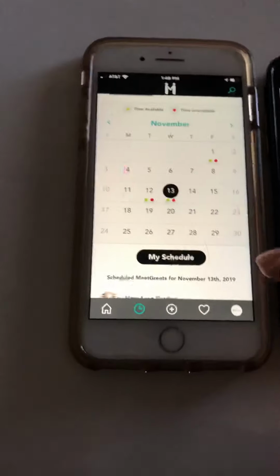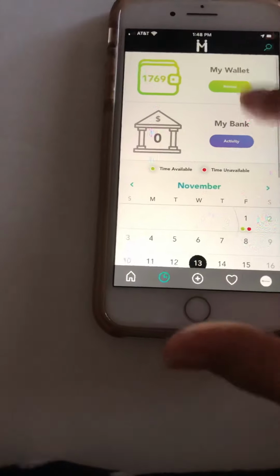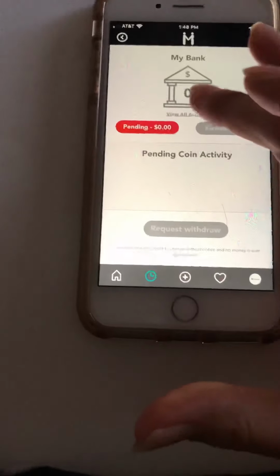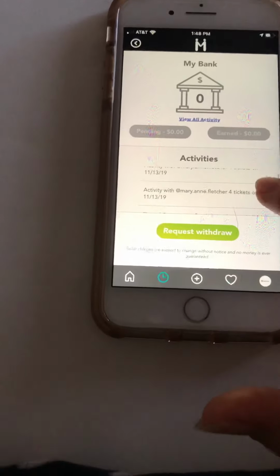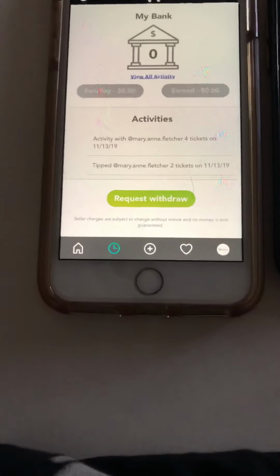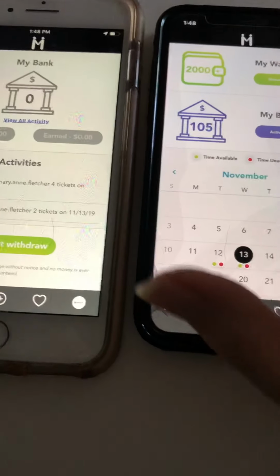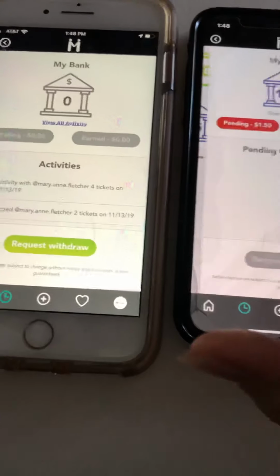So let's go in there, and then in your calendar, your schedule, let's go show you. If you go into your activity, you'll see that you just paid out what you've done. And then if you go into mine, you'll see that this is the meet greets I had today. And you can also see in my activity,